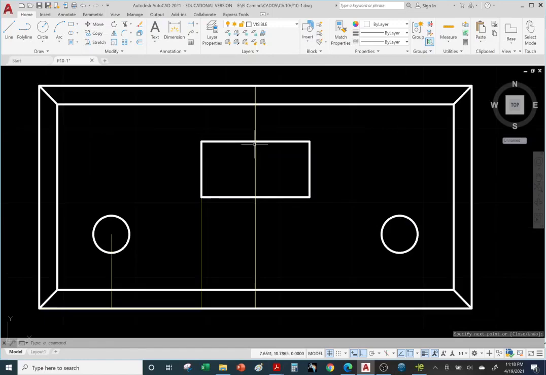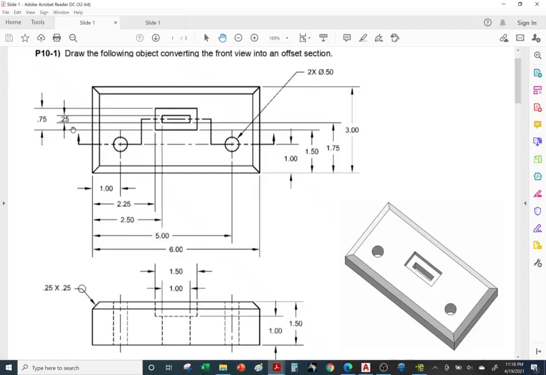And once again, we can use the offset command to create the smaller rectangle. Let's go take a look at the handout. So by doing a little bit of math, we know it's 0.25, right? So the distance from the larger rectangular counterbore hole to the little one is 1.75 minus 1.50, which is 0.25. Okay, so we can also do the math here. It's 0.25 plus 0.25 plus 0.25 is 0.75. All right, so